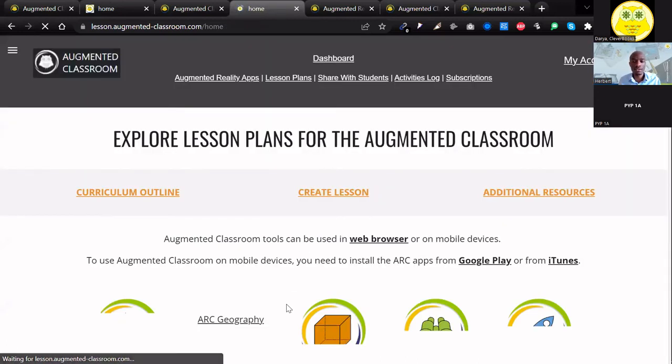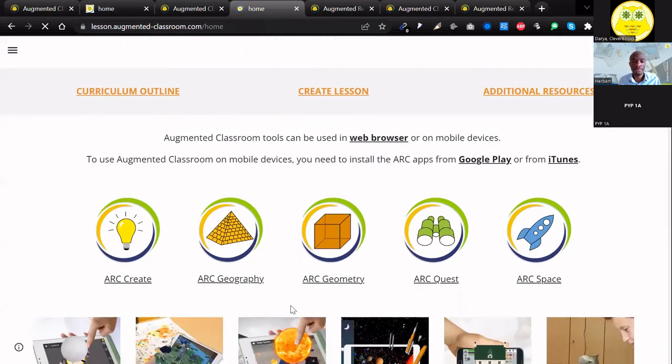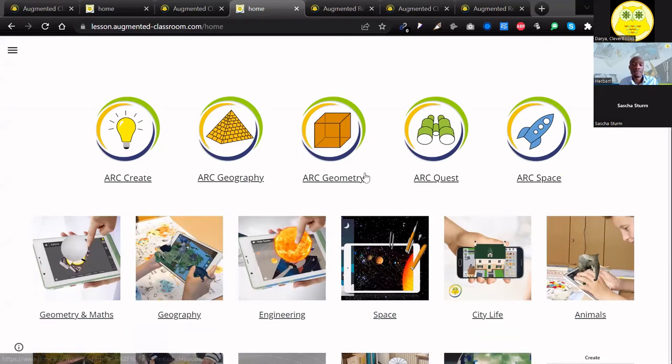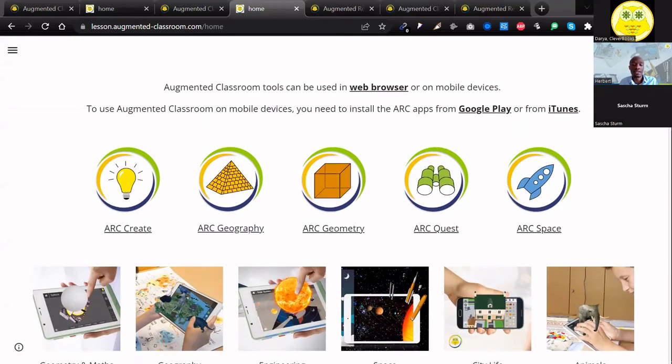Does that make any sense? Do we have any questions? Looks like no questions for now. Oh yeah, you can create any lesson plan, and then you can just choose which app to use. I did say you can use this with any subject, and I mean any subject. Name a subject, and even though it says geometry, you can really use it with any technical subject such as physics and mathematics to explain those concepts. It really comes down to the teacher's creativity and the teacher's needs, if that makes sense.